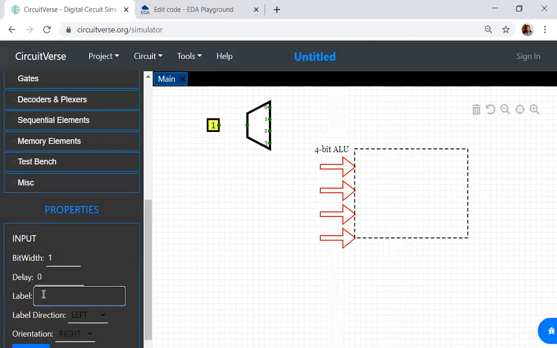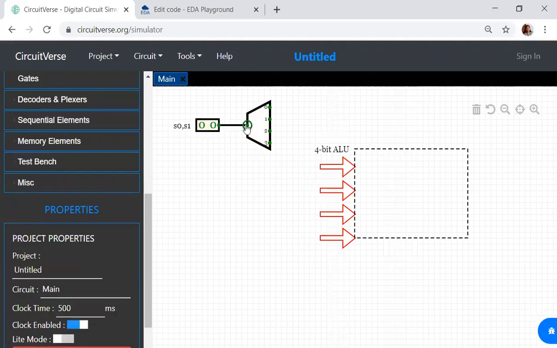So here if I give the select lines S0 and S1 and increase the bandwidth to 2 bits, it is working. It is fine. We don't have any problem. Now if S0 and S1 are 0, 0, what should be selected? Y0 will be equal to 1, right?